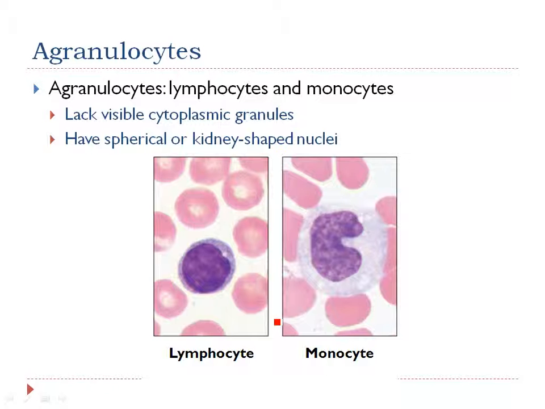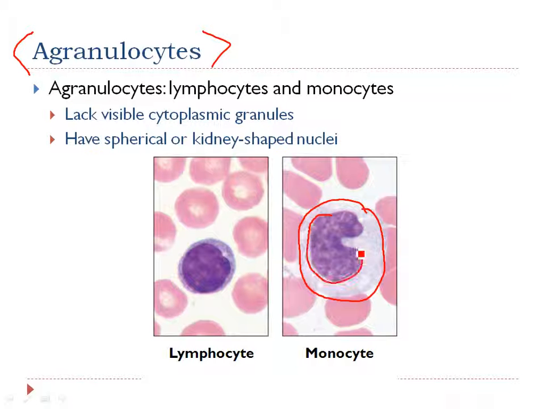Okay, so those were your three types of granulocytes: neutrophils, basophils, and eosinophils. Now let's briefly talk about your agranulocytes. So these are also white blood cells. They also originate in the bone marrow. If you're a healthy individual, you will make appropriate amounts of these cells depending on your needs. But when you look at them under the microscope, like let's take a look at this one here,